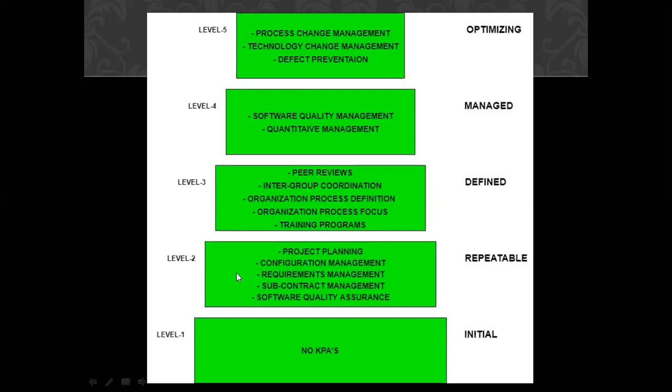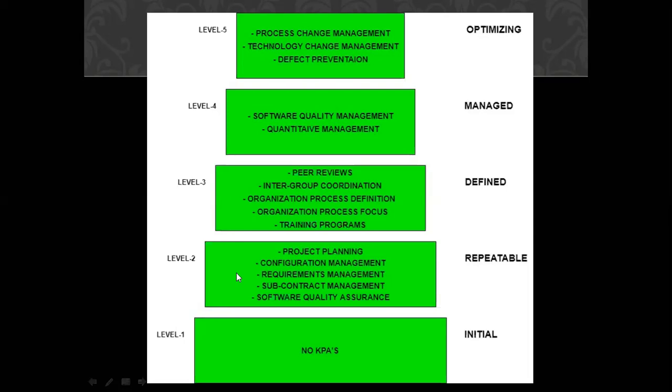Last one is defect prevention. The main focus here is the identification of the causes of defects. You have to find out the reasons for the defect, why it is happening, and prevent it from happening in the future. So that is defect prevention. You have to understand it and analyze for what reason these defects came into existence and how you can remove and tackle them. So this becomes your key process areas topic for CMM that you have to remember.